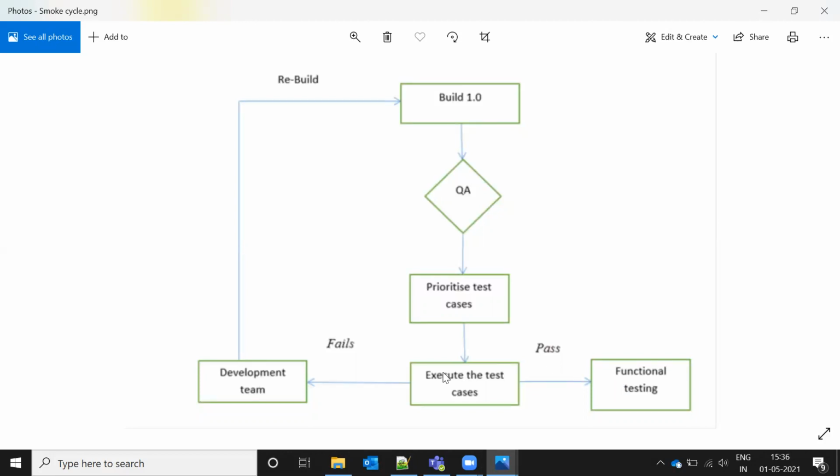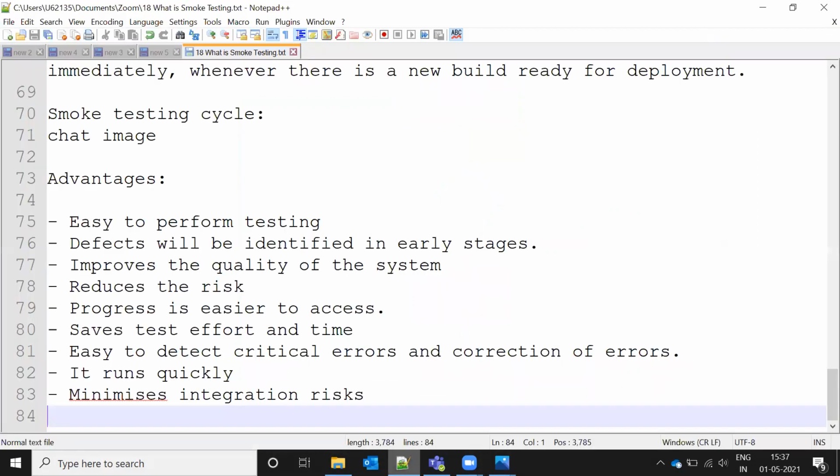In case it is failed, we send it back to the development team, and they will fix the defects we found, right? Based upon a criteria they pick and complete, they are going to rebuild the entire application. This way we can achieve smoke testing early, find the defects, and fix them fast, correct.